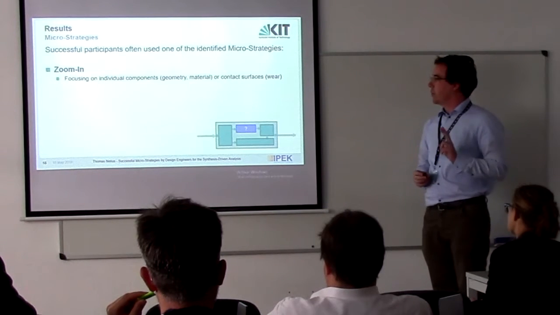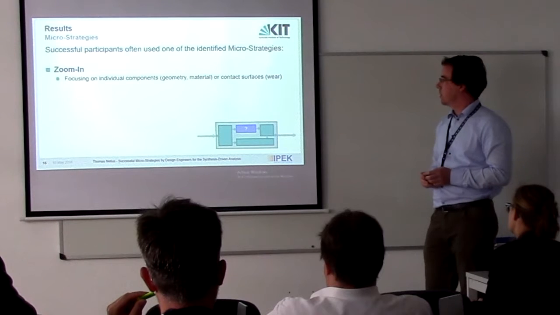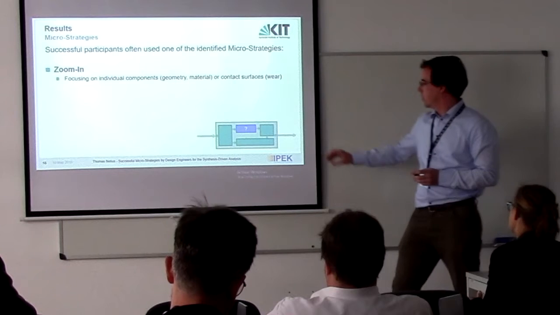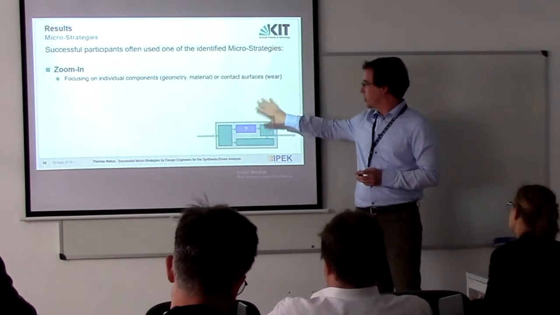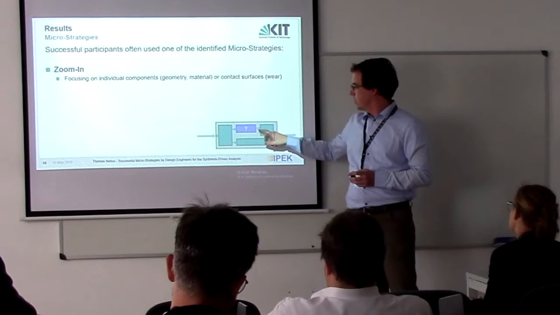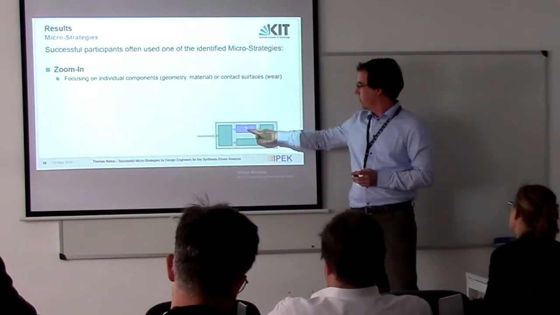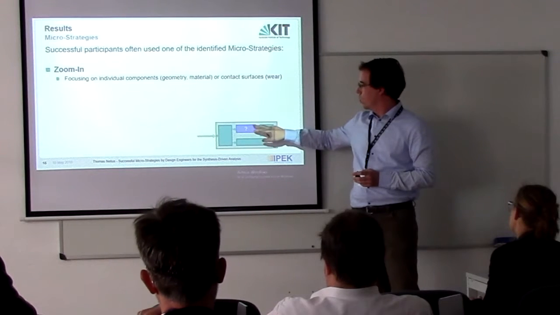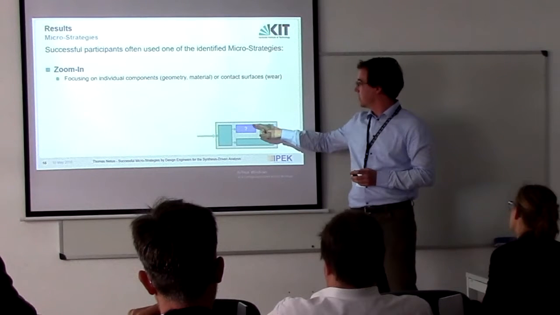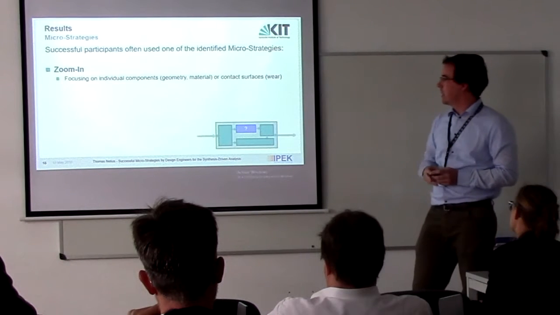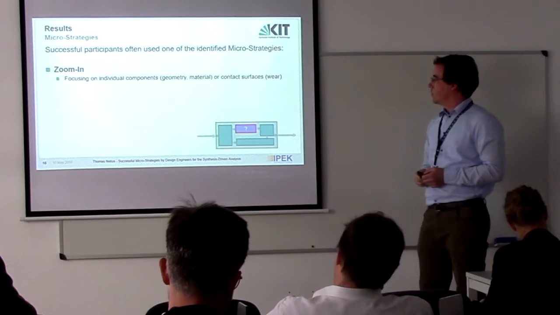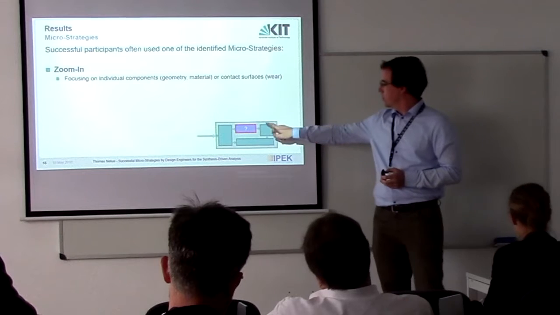We could identify 3 micro-strategies, as we named it. The micro-strategies are good for this unknown subsystem in the whole system, where the participants don't know what the function of this subsystem is, and then they have the possibility to use 3 different microstrategies. And if they don't